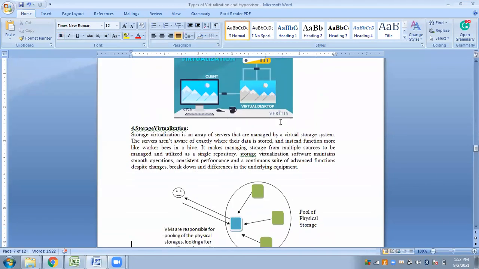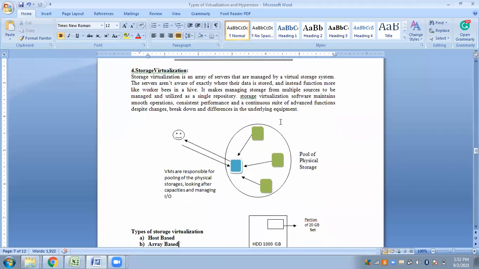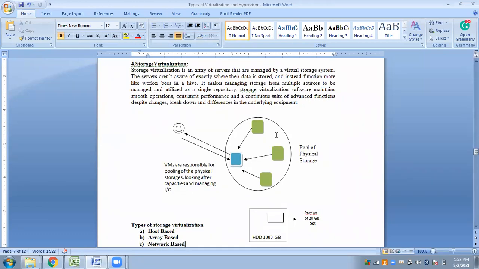Next is storage virtualization. So I'll just give you an example here. Okay, storage virtualization, actually it's a deep concept, okay, but we will not get deep now. Okay, there are many things to know when it comes to storage virtualization, but we will not discuss now. Okay, we'll discuss it in some other class in the appropriate timing. Okay, अभी समझाने से नहीं समझ आएगा. So I'll just give an overview on storage virtualization.